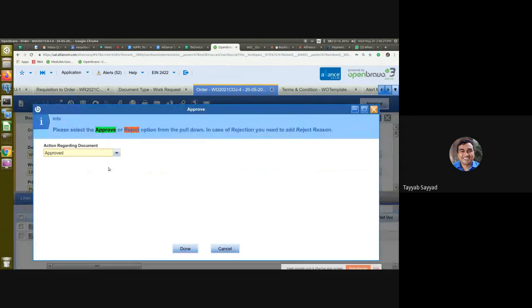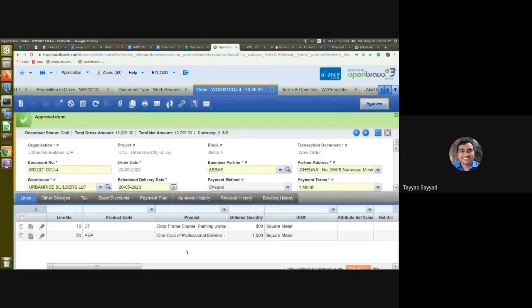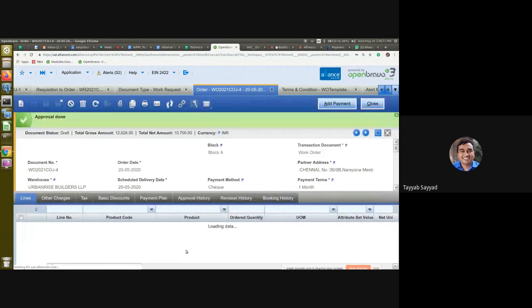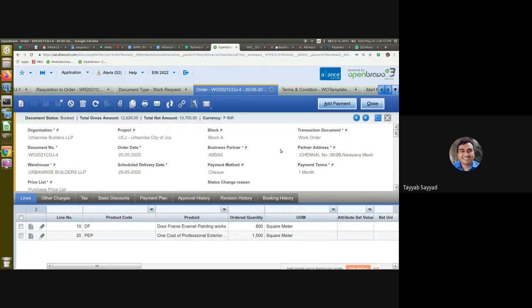After approval, this will be frozen. I can approve or reject. In case of rejection, you have to write the reject reason, so that the doer can go back and check the terms and conditions, change the terms and conditions, or the retention, or the types, or anything. So I'm approving this document for now, and I'll click on done. As soon as I click done, this record gets frozen. You can see this becomes read only.